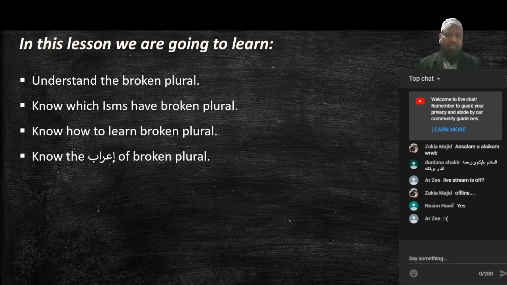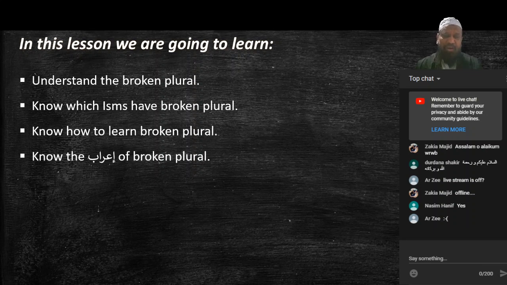Then we have the number 3 property of ism, al-adad, the number. So we have al-mufrad, which is the singular. Then we have al-muthanna, the dual. Then we have al-jama', the plural. We've learned the al-mufrad isms. The mufrad isms we need to learn from the dictionary and from books and build our vocabulary.